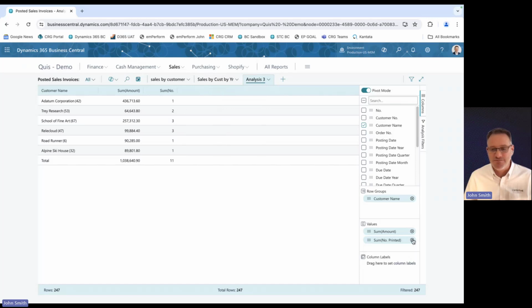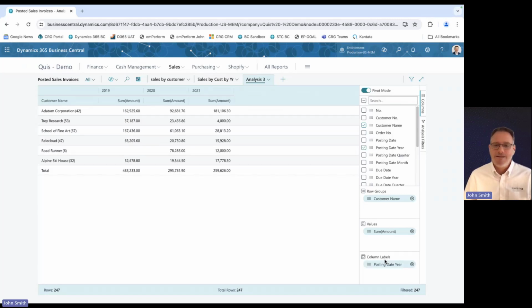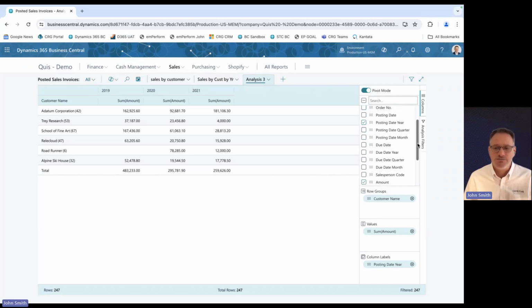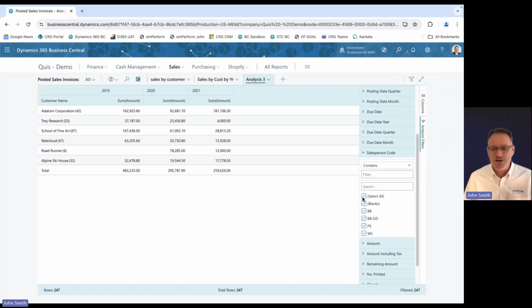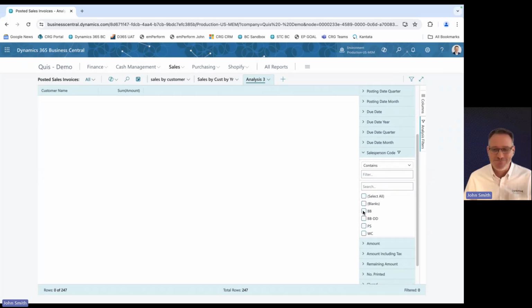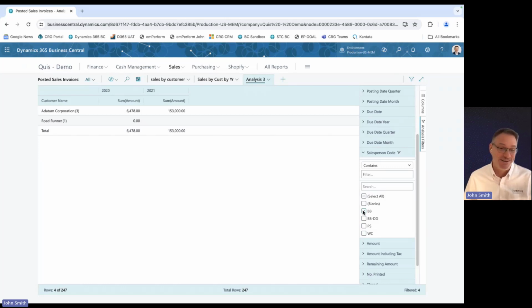I'm going to turn these off again and put my posting year in there. Maybe I'm concerned about one of our sales reps and just want to keep an eye on the volumes that they're doing. So, in this posted sales invoice record, we have a salesperson code that's there. So what I'm going to do is go over to my analysis filters, and I'm going to go to the salesperson code, and I just want to track what Bugs Bunny is selling. So that's BB, and you can see here, okay, some good growth between 2020 and 2021, but the volume that